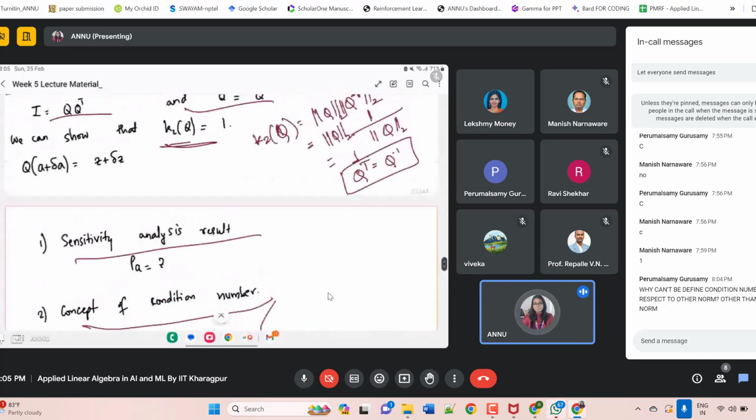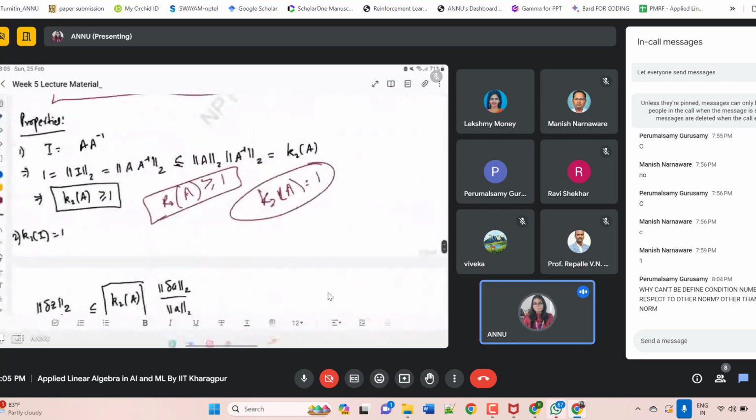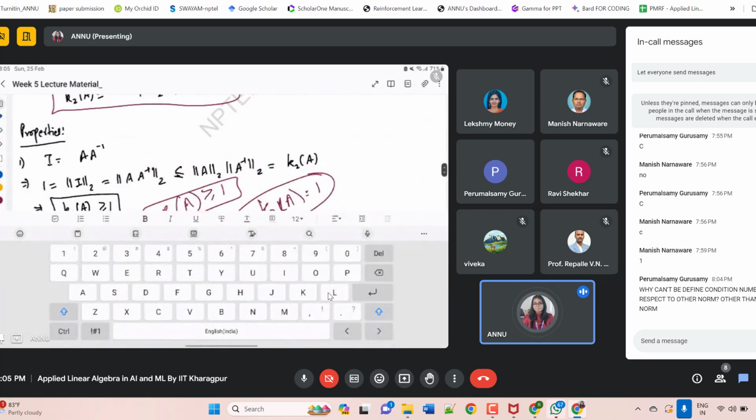This is because we are more comfortable with the two norm, and also we saw some multiplicative property to be applicable over the two norm easier than other norms. And also the answer will come if you plot all the norm pictures in one graph. That we will discuss in the next class.